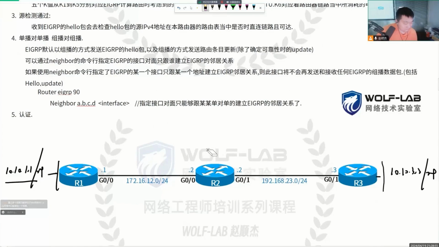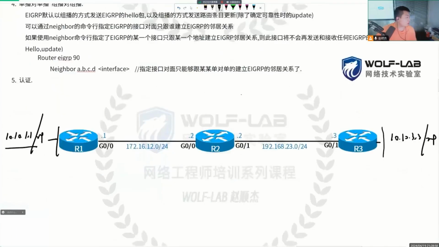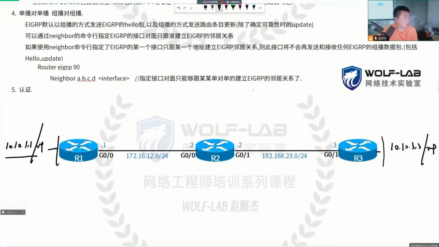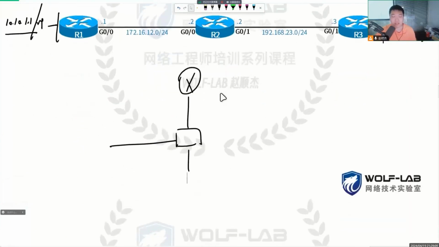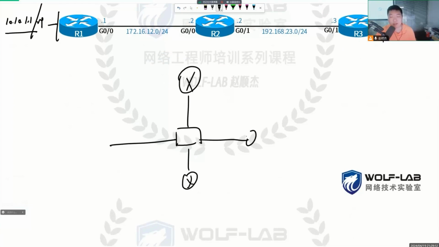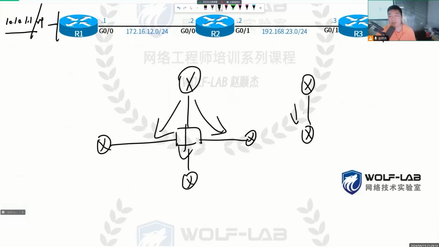Are there any other questions? Establishing multiple neighbors can only exist in an MA network. This is because your router must at least be connected to an MA network. You must connect to a network with multiple devices, and only between those devices can neighbors be established. If your device is opposite, and there is originally only one router, of course you only have this one neighbor. A P2P network can only specify one neighbor. It's not that you are in the MA network, you can also specify a neighbor. Xiaojiao